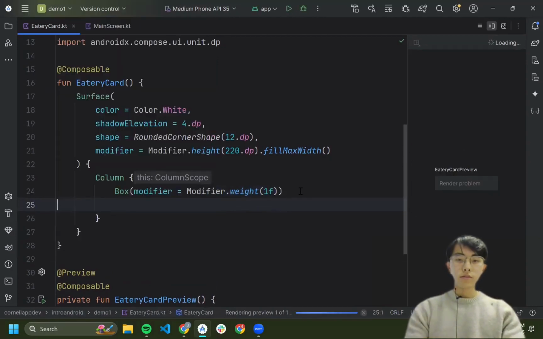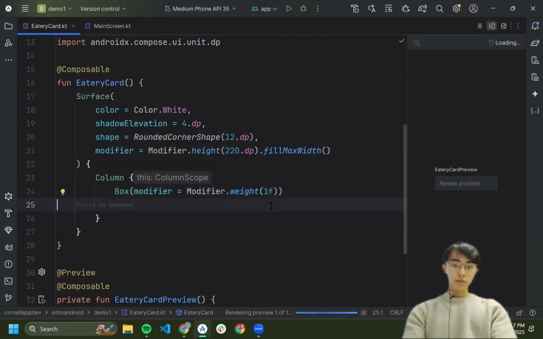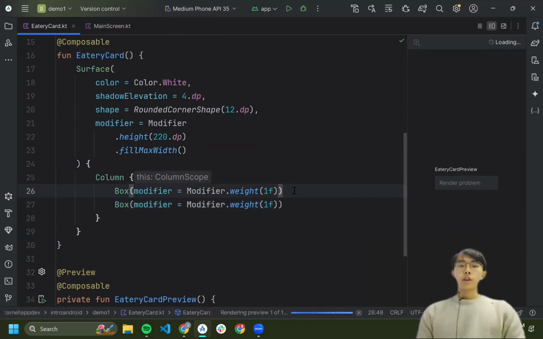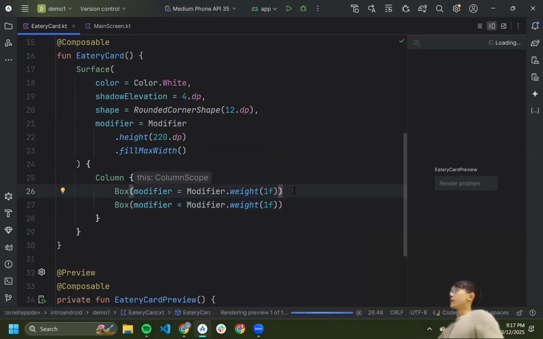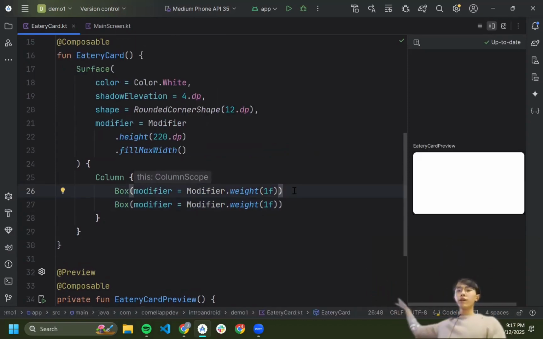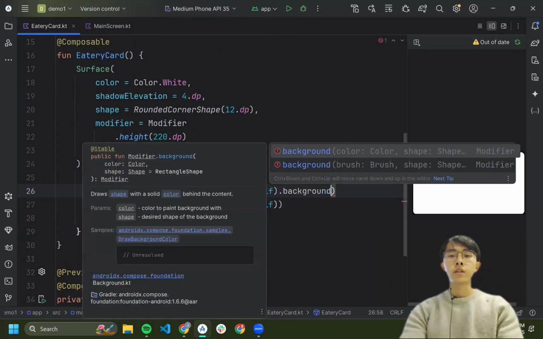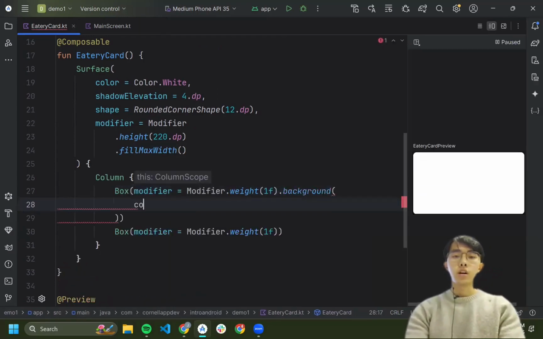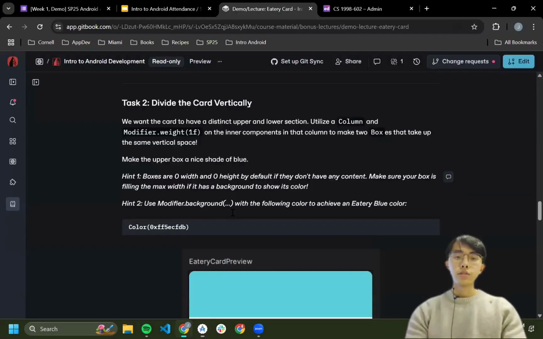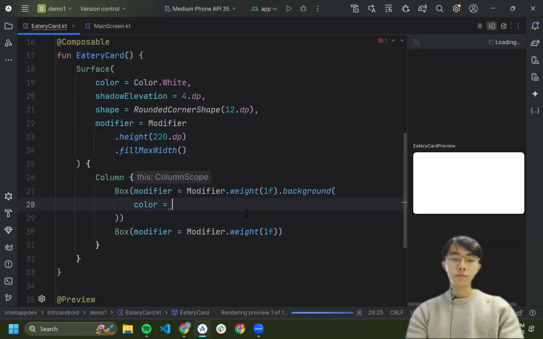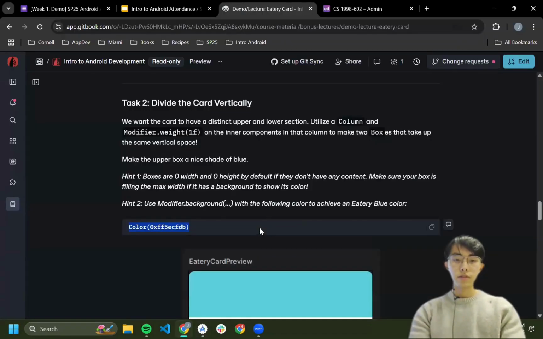I used somebody's Mac. I was using command. I'm on Windows now. Okay. In order to make them take up the same space within this column, we'll apply weight equally to both of them. And in order to see that effect, I'll apply a background to make this have a color. So I'll say color equals, and then I put a color for you here. I'm still using Mac controls.